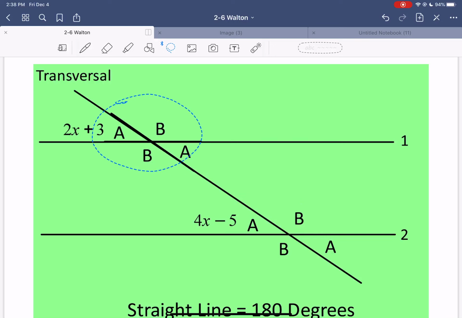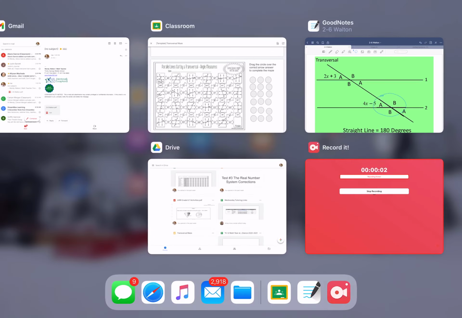So when a transversal cuts two parallel lines, it creates sets of congruent angles. So that is what we're going to look at